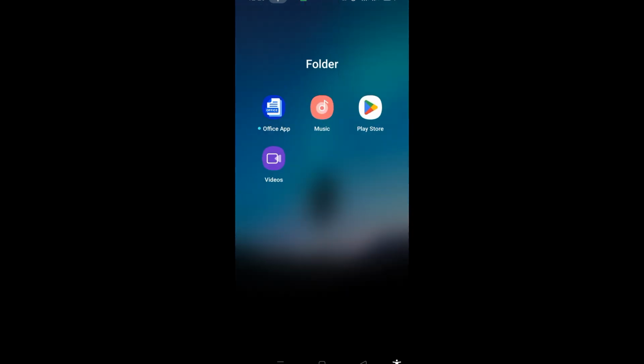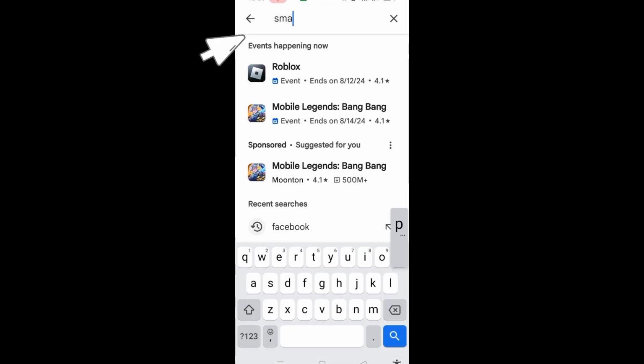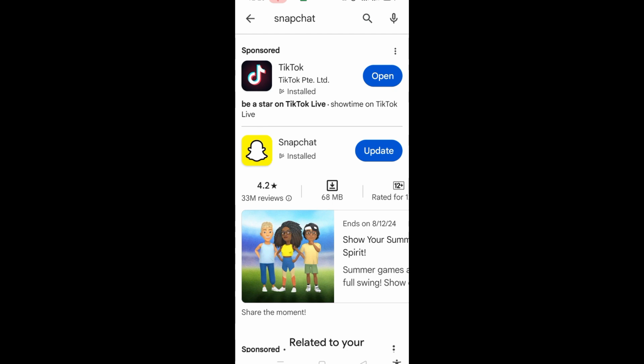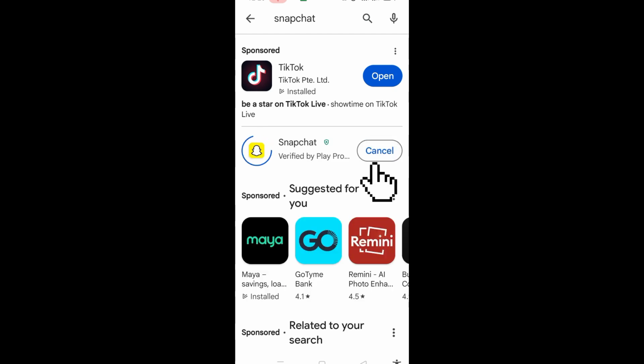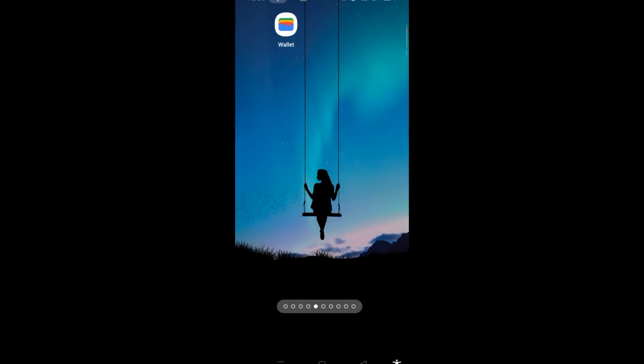And that's it. Now, the very last thing to do is you have to go to the Google Play Store if you're using Android, and then search for Snapchat, and you have to make sure that you're using the latest or the updated version of Snapchat right here. Wait for a couple of seconds and then go back or launch your Snapchat application and see if this method works. And after you have done this troubleshooting, then you should see that multi-snap option on